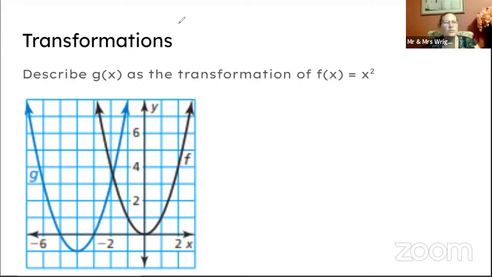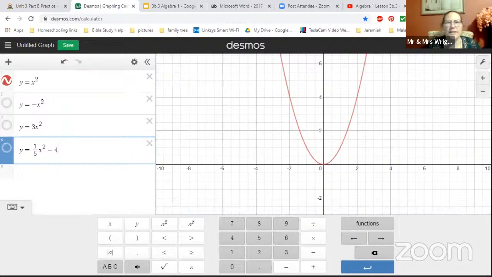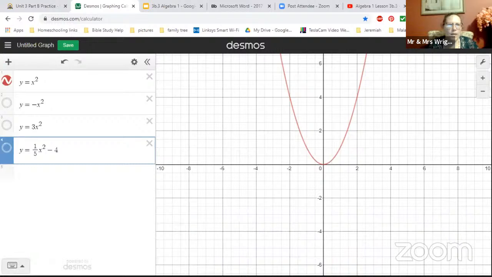Now I want to look at Desmos. So we're going to go here to Desmos, and I have a number of equations up on the screen for us. I have our parent graph in red graphed for us, y equals x squared. So we have that on here for us to just see what it looks like. First thing I want us to see is, what would it look like if we had